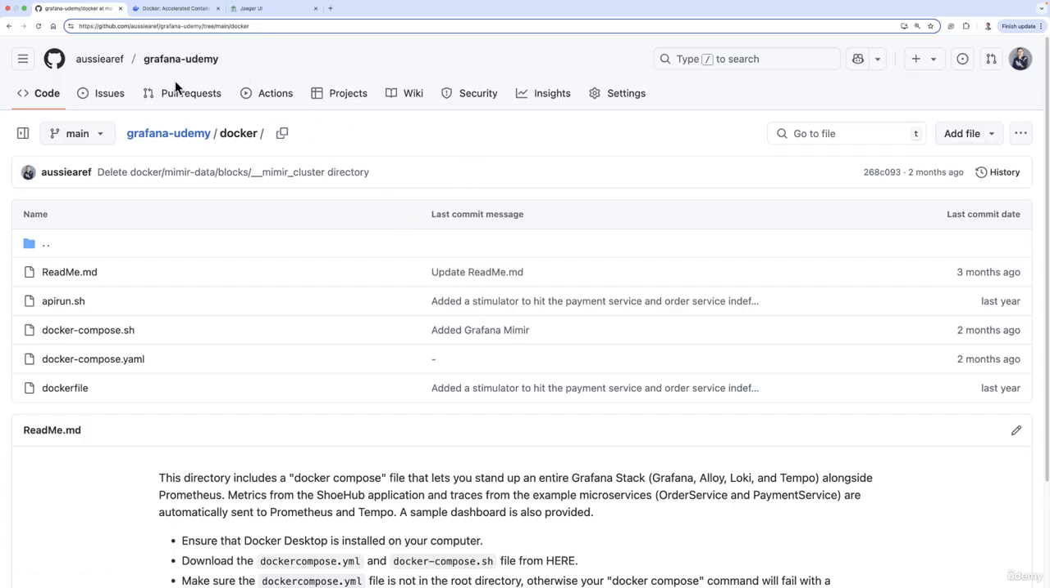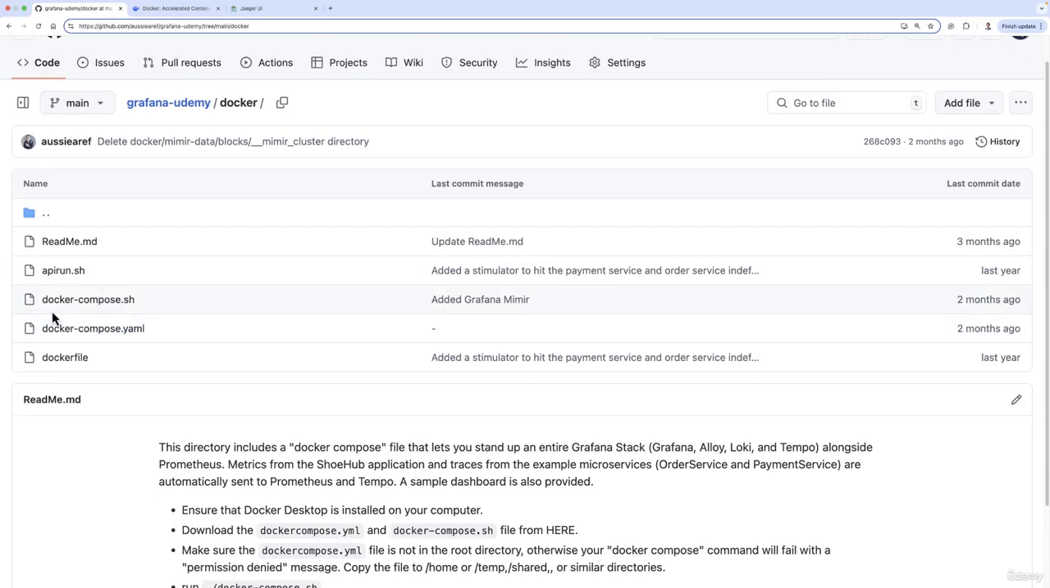If you clone this repository, there is a folder or directory called Docker. If you have a Mac or a Linux machine, you can use this. It doesn't unfortunately work on Windows. If you clone this repository and go to the Docker folder in terminal and simply execute docker-compose.sh, it will give you